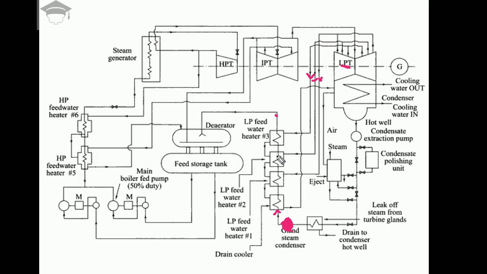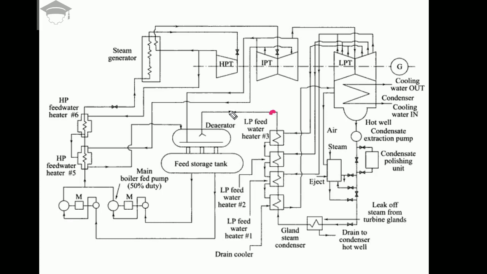So in feed water heaters 1, 2, 3 and 4, all the heat from the bled off steam gets transferred to this mixture, and when the mixture gets to this point, it is at higher internal energy and enthalpy, with increased temperature and pressure. And then finally the bled off steam circulates back to the condenser. Okay, up till this point it is clear. Now here we have a high pressure steam, air and liquid water mixture having higher temperature and higher pressure.